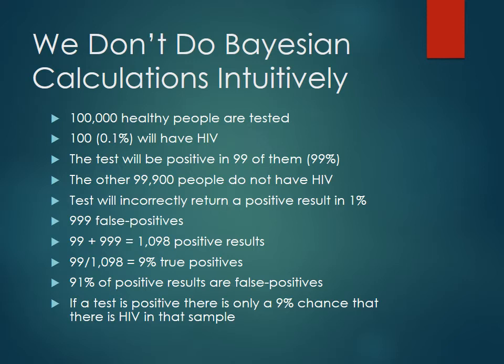So then you test, obviously, everyone in the subset. The other 99,900 obviously do not have the disease, but you will see 1% of them being tested as positive incorrectly, right? Because that's that specificity we talked about. So that means you're going to have 999 false positives. That's not so good, right? It's telling almost 1,000 people they have HIV and they don't.